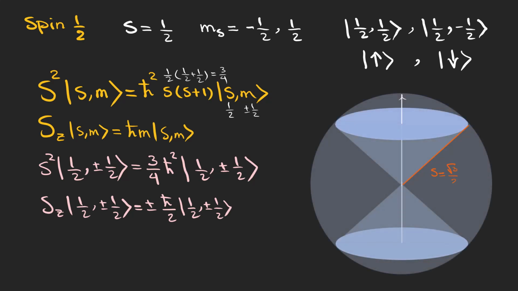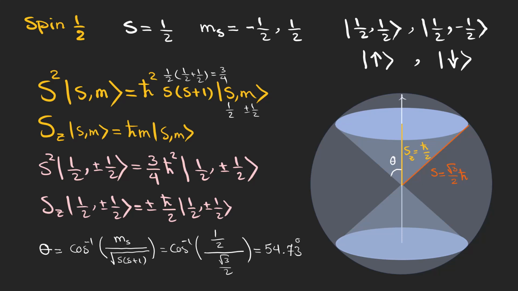Geometrically speaking, this is the magnitude of our spin angular momentum, but we don't know the magnitude of the components at the same time. I know it's weird, but this is a quantum property that obeys the uncertainty principle, and in the quantum world, uncertainty is the new normal. However, we know that the projection of the spin on the z-axis is h bar over 2. In this framework, we know nothing about the magnitude of the x and y components. We can also find this angle using the inverse cosine of the magnitude of the z component divided by the magnitude of the spin, which is about 55 degrees for the case of spin half.